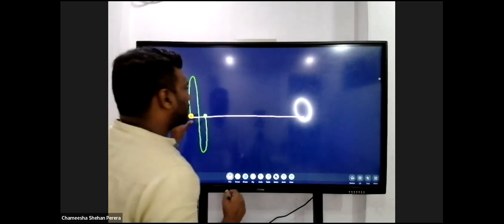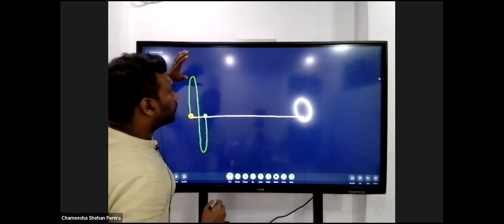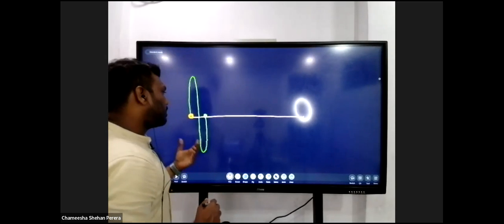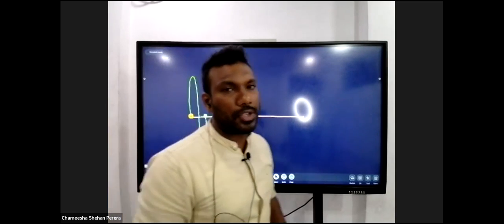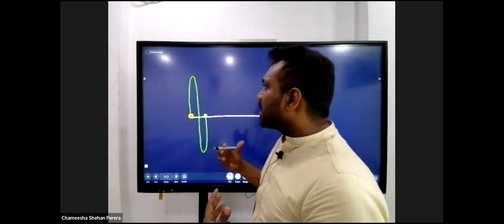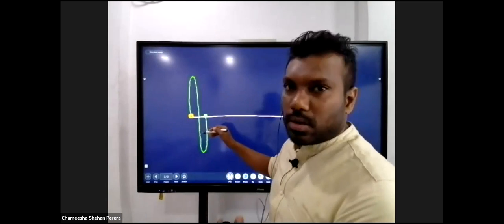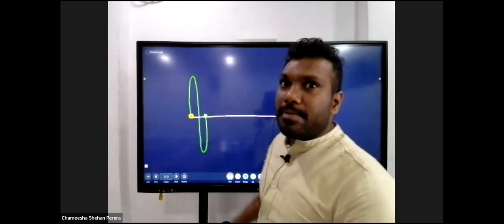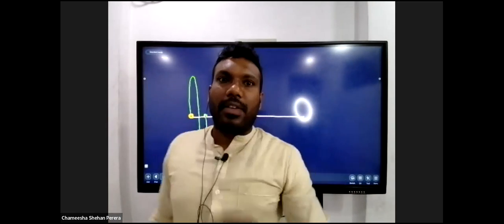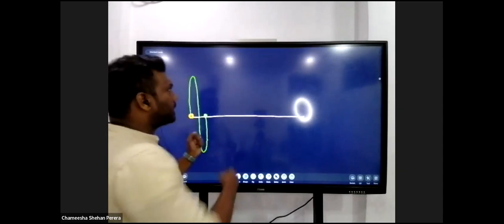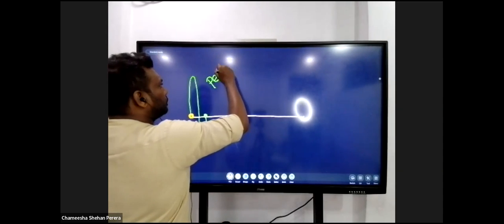A particle starting from the zero displacement position goes up to the crest, which is the maximum displacement position, and goes back to the trough, which is the downward maximum displacement position, and then comes to rest. So this complete motion of a particle in the wave, starting from rest and ending at rest, is called an oscillation. The time taken to do all of this is called the period.